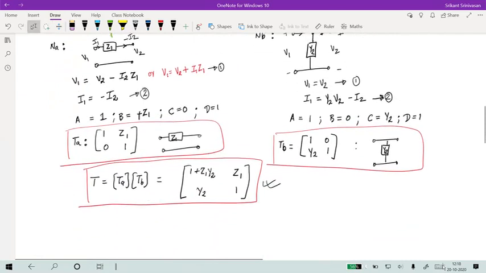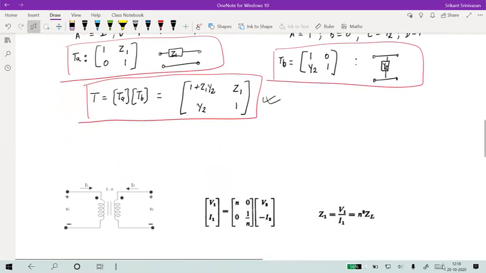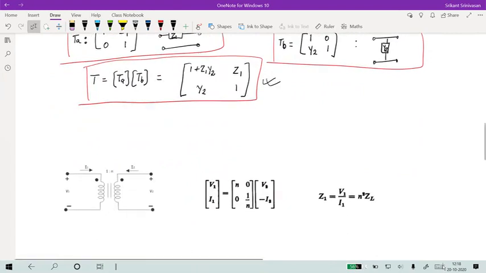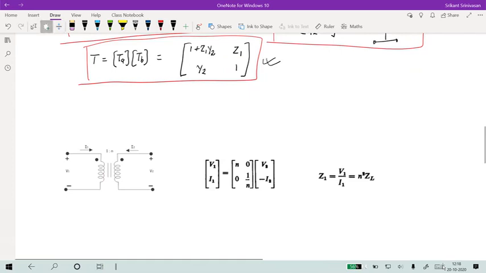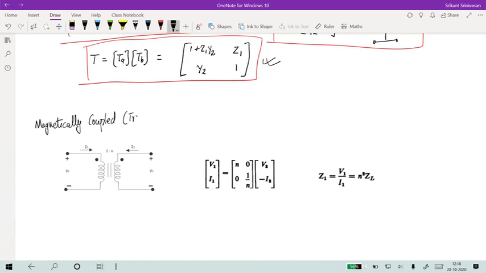So let's see if I can, anyway, there is one before coming to that. So I'll just talk about this briefly, because I'm not going to spend much time. The magnetically coupled circuits, where you have a transformer. These circuits are difficult to explain using impedance parameters or admittance parameters. So how does the basic magnetically coupled circuit work?